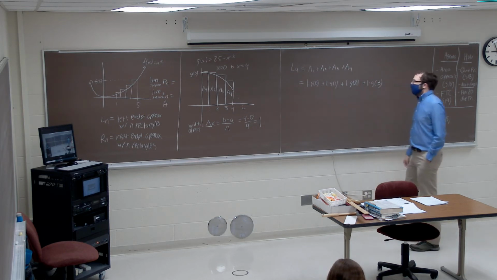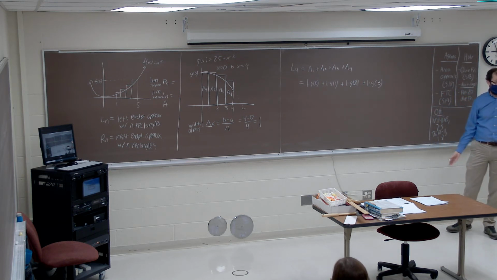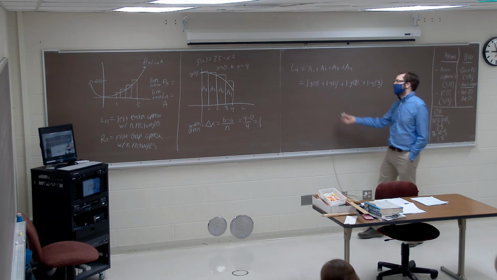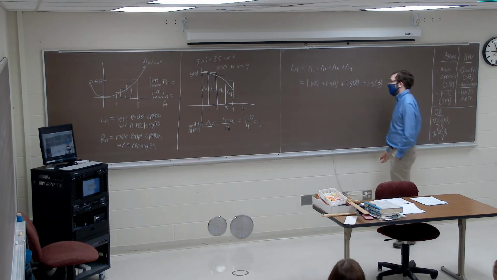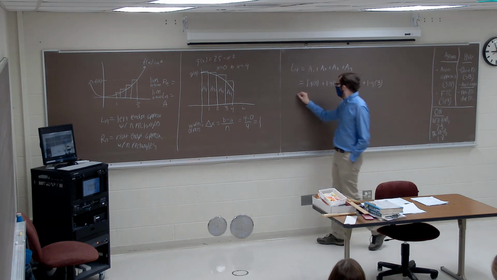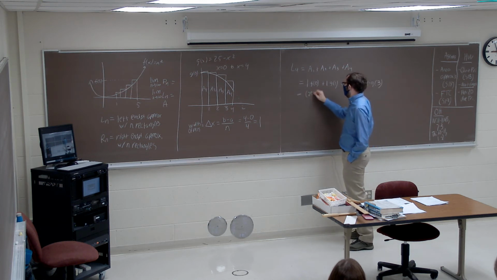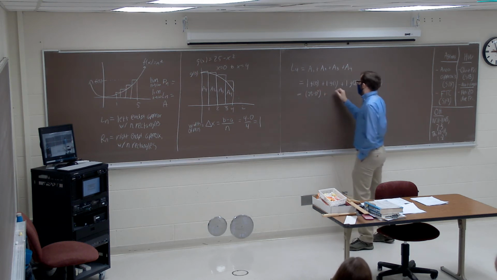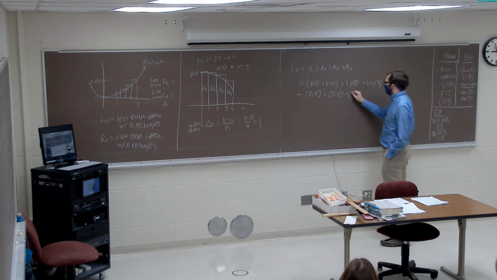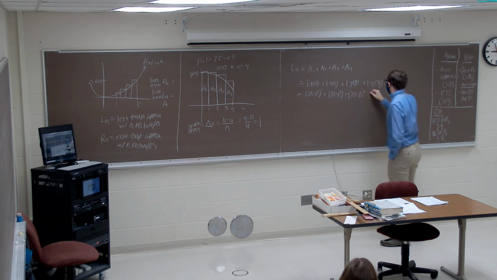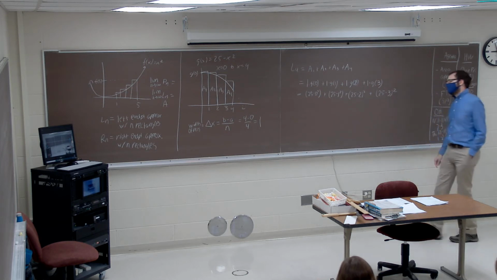And the reason why I'm multiplying out 1 times G of 0, 1 times G of 1, 1 times G of 2, etc., is just to make sure that we're not forgetting that we have to multiply each height by the width in order to get the corresponding area of the rectangle. So we take g of 0, that's going to be 25 minus 0 squared. G of 1 is going to be 25 minus 1 squared. G of 2 is going to be 25 minus 2 squared. G of 3 is going to be 25 minus 3 squared,